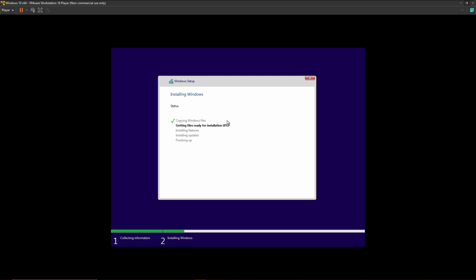So I am using an SSD, so the installation process might be faster for me and it might be slower for you if you're using an HDD drive or a hard drive. So just keep in mind that the speeds that I'm getting is because of the SSD that I'm using. So it might differ for you in the speed of installation. So let this thing get completed and I will be back and showing you the remaining process.